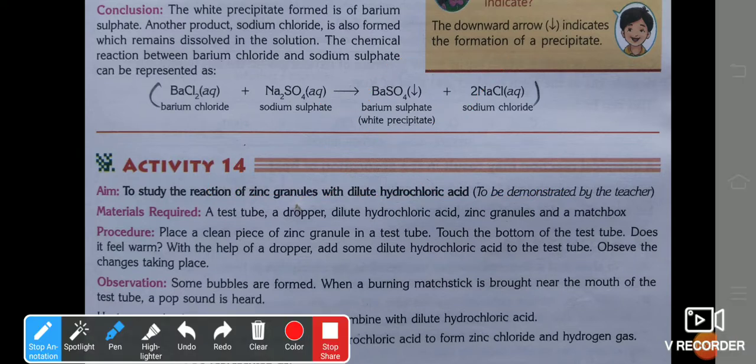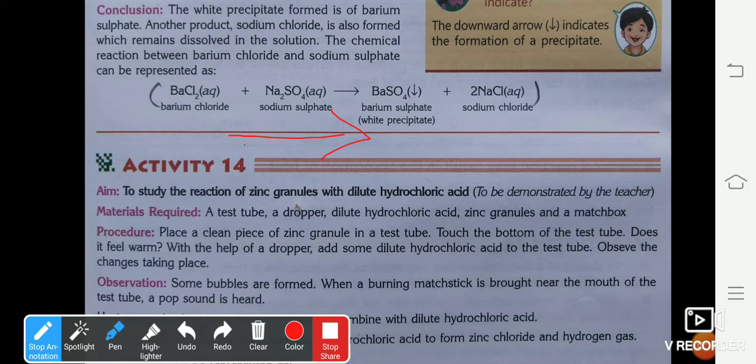Please remember, guys, if you see a single arrow, that means the reaction can take place only in the forward direction. If the arrow between the reactant and product is double-headed like this, you can say it's a reversible reaction. That means reactants may combine to give the product, and products may combine back to give the reactant.